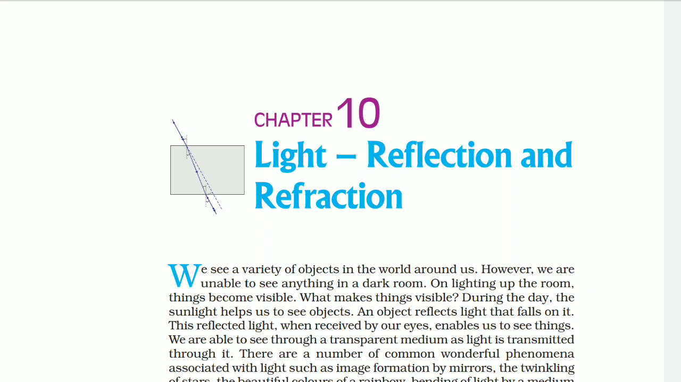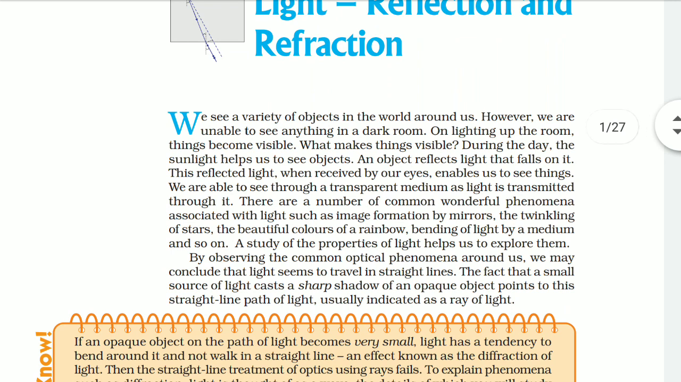This chapter is for class 10, chapter 10, light reflection and refraction. In the previous chapter we studied about light, right? We are able to see things around us because of light. Any object we see is just the light reflected from it that falls on our eyes. The Sun helps us to see things during the day, and at night we use a source of light